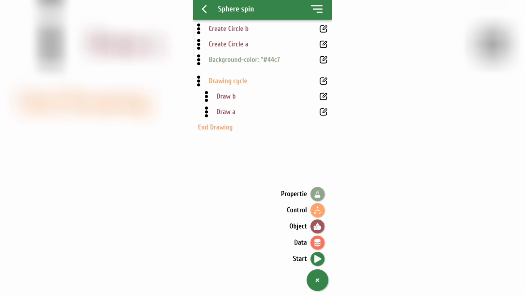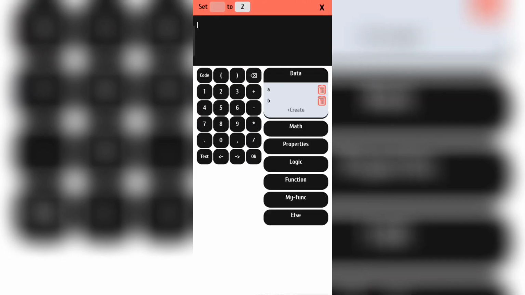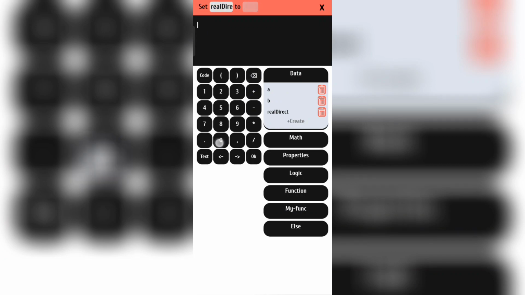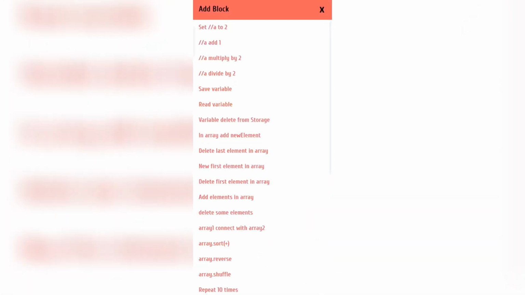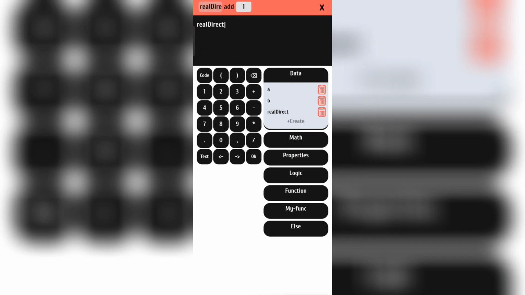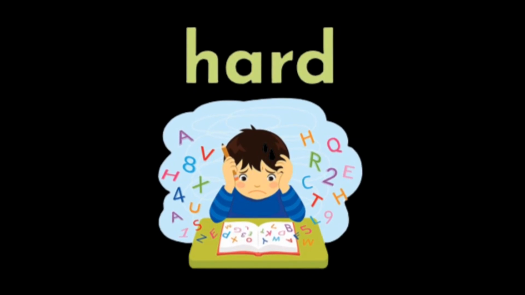Now I want these two objects to constantly move, so I create a variable called rel direction, which initially equals 0, but increases by 4 with each iteration inside the drawing cycle. And here comes the hardest part of our work. We need to make the circles rotate in a circle.